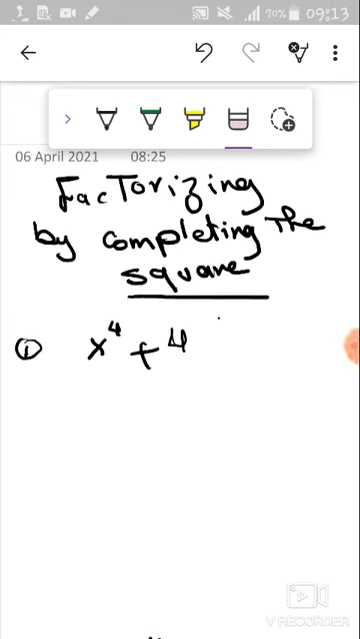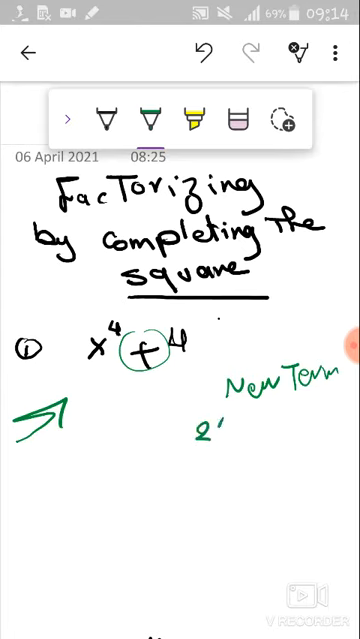Welcome back, dear students. Today we are going to talk about factorizing by completing the square. Also, it is the last type of factorization. Here we can differentiate between this type and the previous types by that this expression consists of only two terms, both of them having a square root. Also, the sign between them is positive. So we are going to add a new term